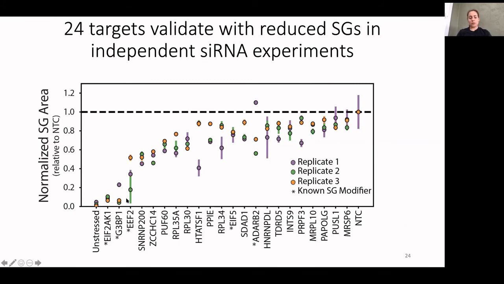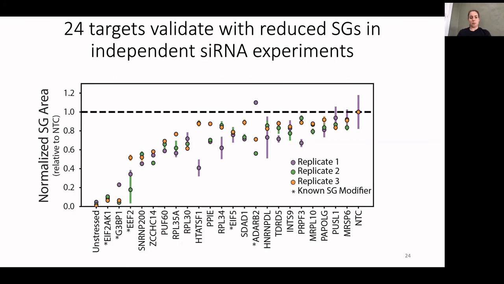So keep in mind we're using siRNAs here, which will deplete the total protein, but it's not a genetic knockout like a CRISPR-based approach is. But this allowed us to check a bunch of these things very quickly. And what you can see is our positive control, EIF2AK1, as well as G3BP1 are the most depleted in this method. Shown in stars down here are ones that have previously been characterized to reduce granule area formation overall. And then listed along here are a bunch of new ones that we identified that do significantly reduce granule formation